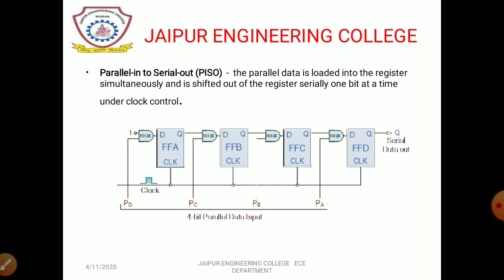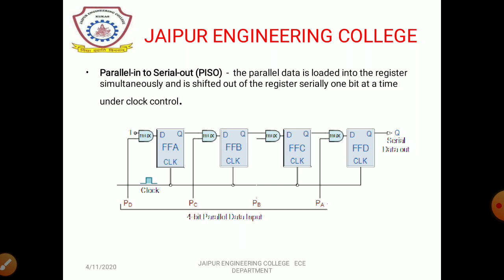The shift register which allows parallel input and produces serial output is known as parallel in serial out shift register. The block diagram of a 4-bit PISO shift register is shown in the following figure, which shows that the data is applied or inserted in the register with the help of a mux. We are using 4 multiplexers here, which are helpful to insert the data in the flip-flops. One bit is applied from the input side, and the other input of the mux is the output of the previous flip-flop.